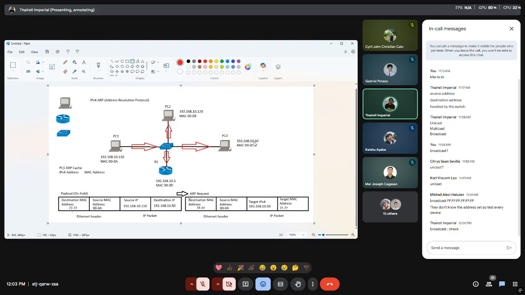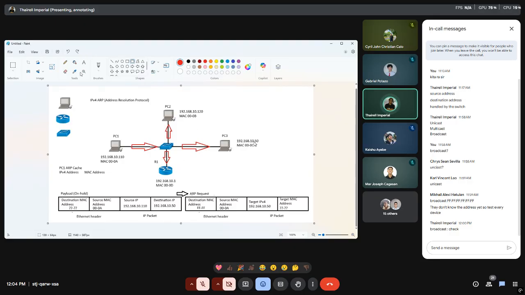So that would be 192.168.10.1. And then after comparison, they are not the same, then it will discard the said packet. It doesn't necessarily have to reply back to the requesting device. It's just a matter of discarding it, and then the receiving devices will be idle. So they stop there. They have nothing to do, they will turn idle.